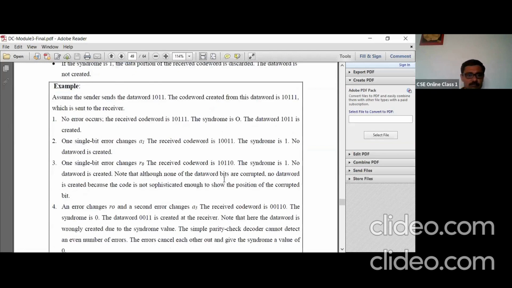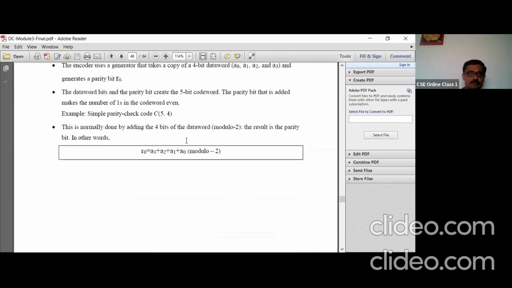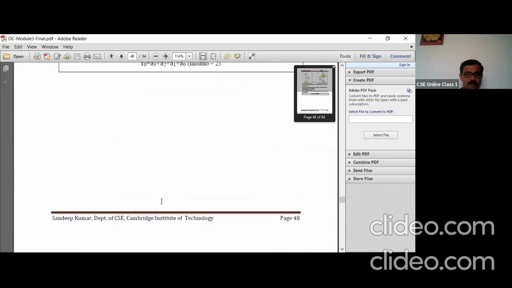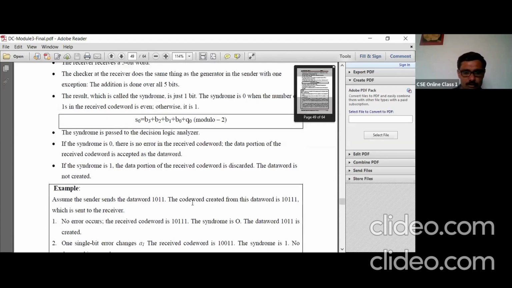Now let us take an example here. Assume that the sender sends the data word 1011. The code word created from this data word is this one. This is calculated using modular arithmetic. It is very simple, just a parity bit.